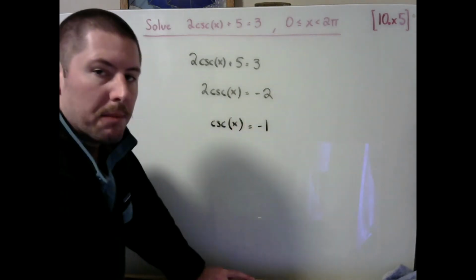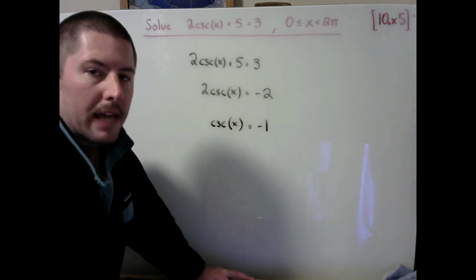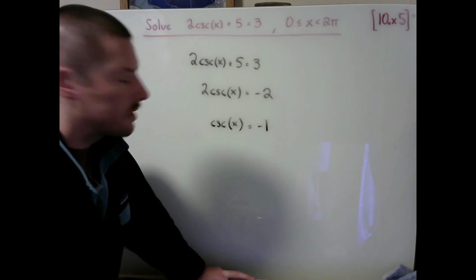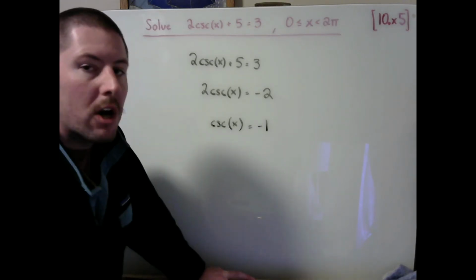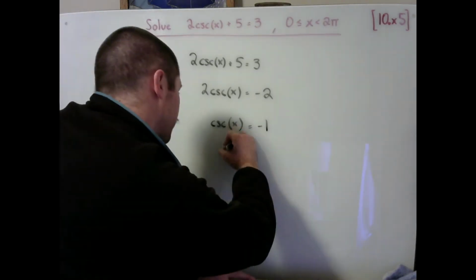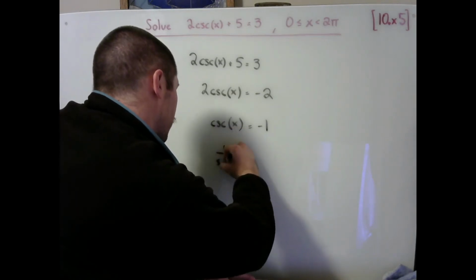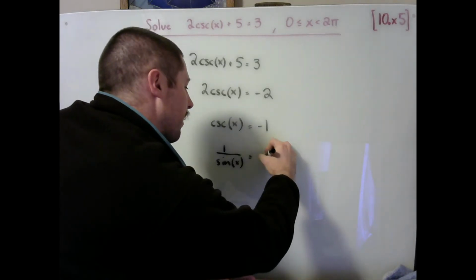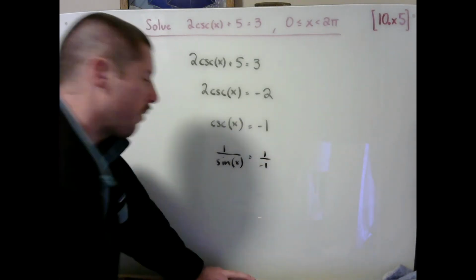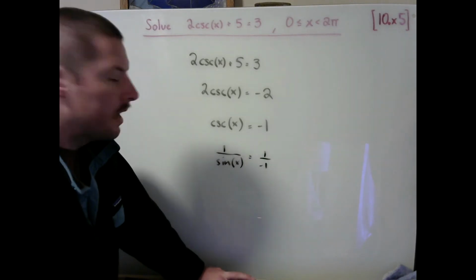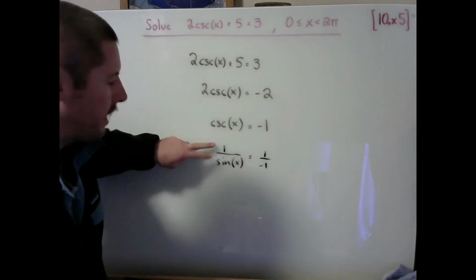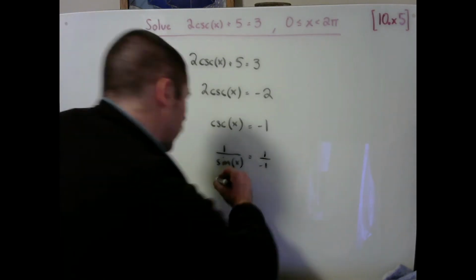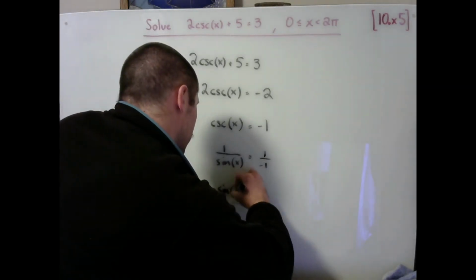And finally, I'm going to think to myself, well, I don't really like cosecant, so I'm going to write cosecant, as I know, in terms of the sines and cosines that it is associated with. Hopefully we remember that cosecant is the same thing as 1 over sine. And maybe it helps us to think of this as 1 over negative 1 over here. Part of the reason I write it this way is because it helps me to see that my next operation might just be to flip both sides of the equal sign here, and this should land us at sine of x